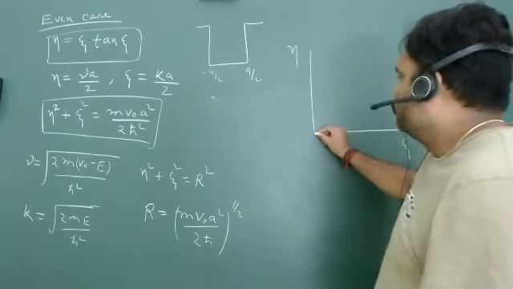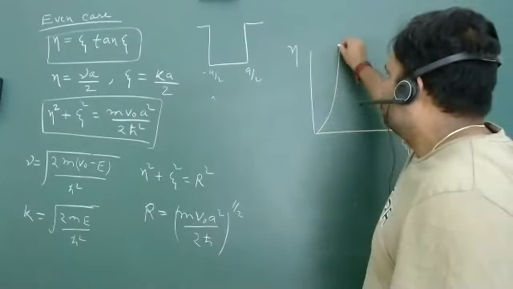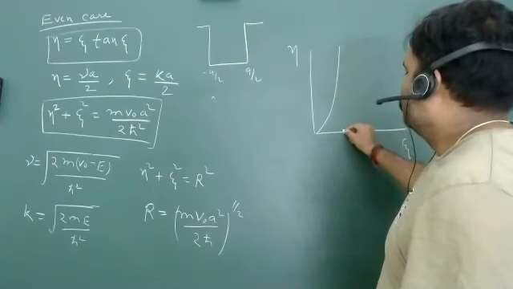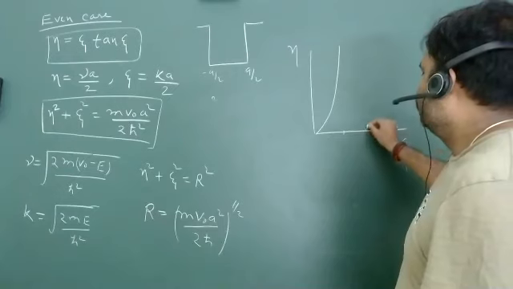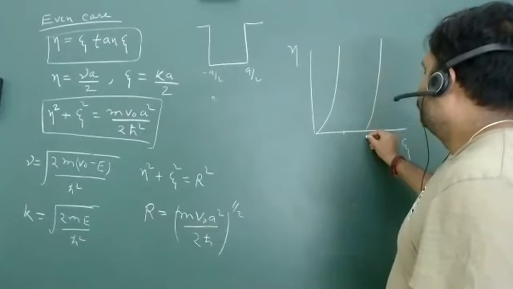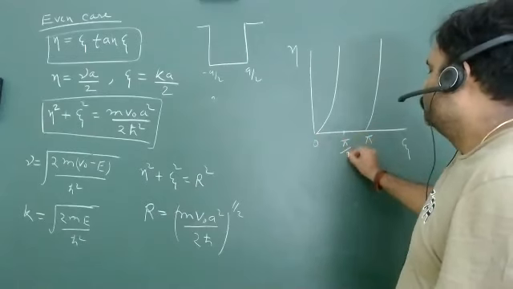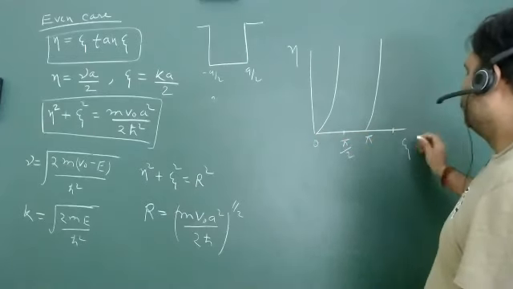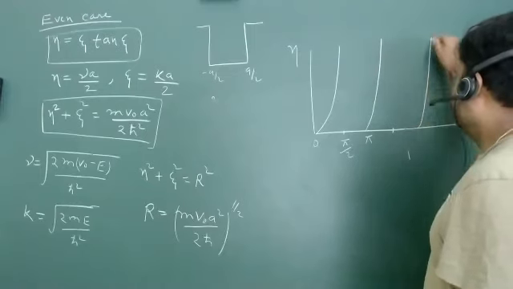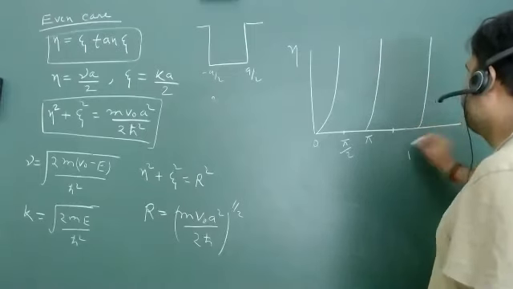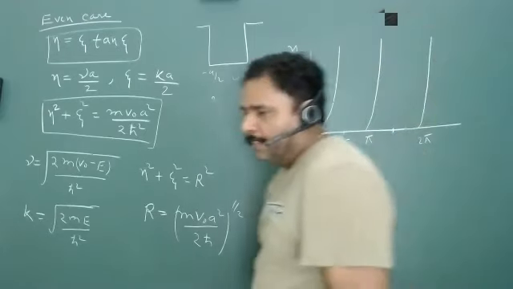So what should be the solution? The particular curve is all about this. At pi by 2, it is going to infinity. The second branch will start from pi. This is 0, obviously this is pi by 2, and this is 3 pi by 2. You have infinity there, and the third branch you have at 2 pi, and so on. So you have different branches. And now